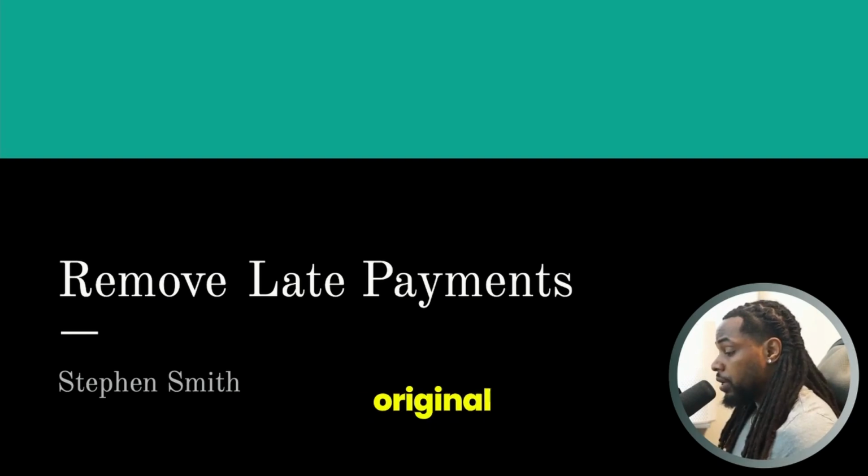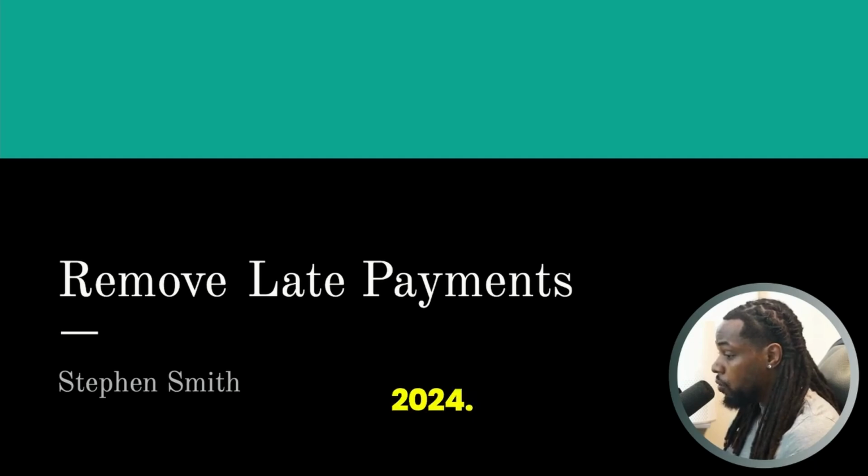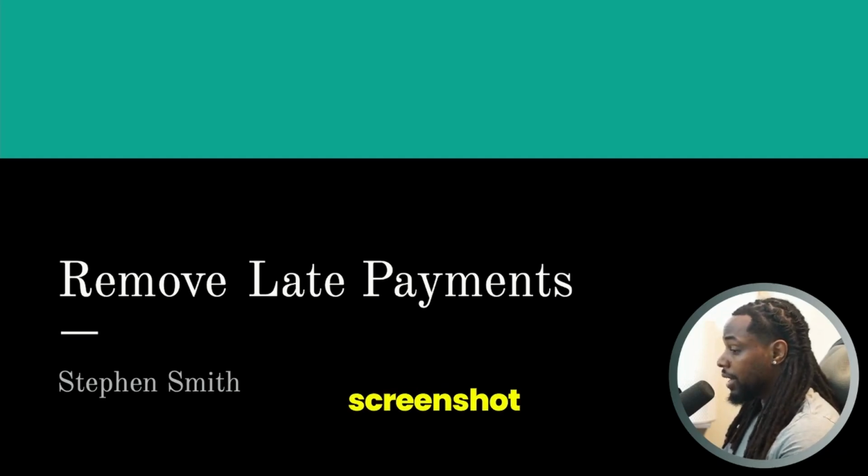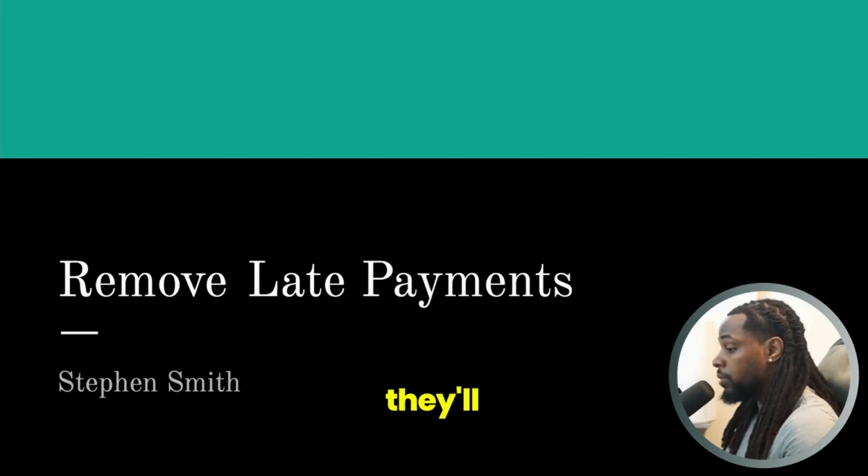In my original video, I was showing you how you can compare two different credit reports where, let's say, one showed that you were 30 days late on June 2024. The other one might show that you're paid on time for June 2024 for Experian and TransUnion. You can screenshot that and send it to the credit bureau so that they'll update it. But I had someone ask me, what do you do if all of the credit bureaus are reporting